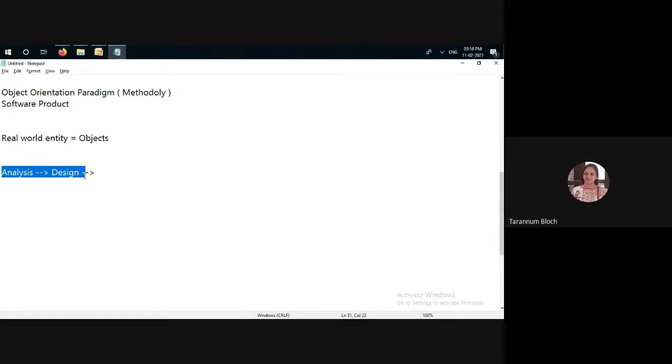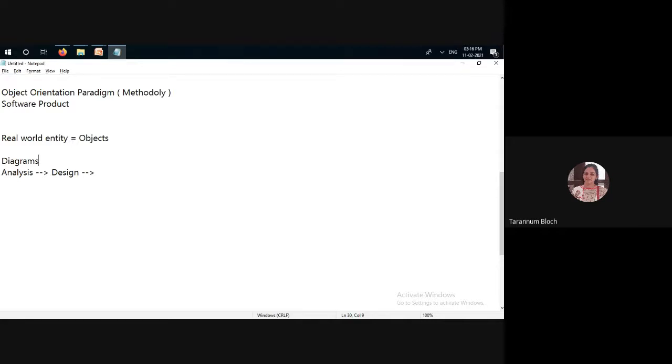And we know that a picture is more worthy than words. A single picture is worth 1,000 words. If you're looking at a picture, it will be clearer than understanding from paragraphs. And by keeping that in mind, there is an approach known as object oriented design and analysis. Fine. And to do this design and analysis, we are preparing certain diagrams.